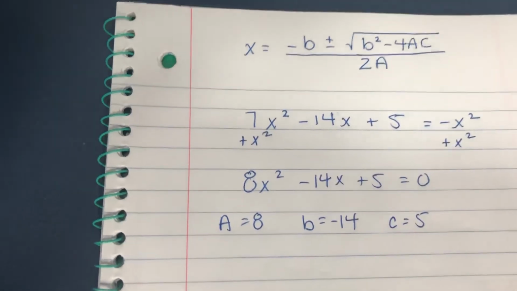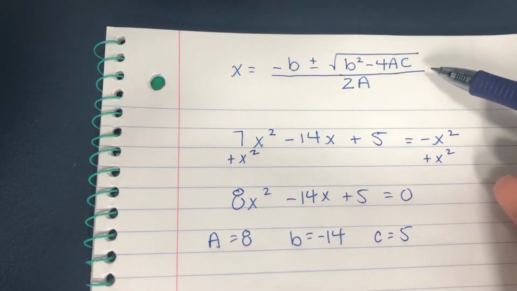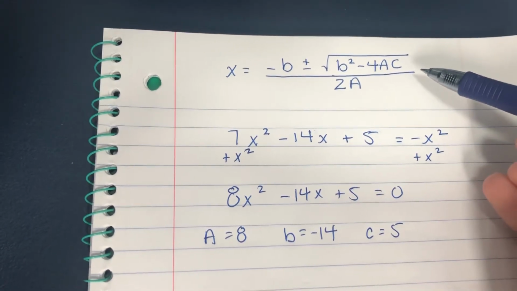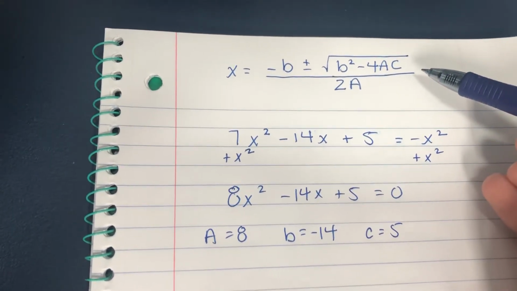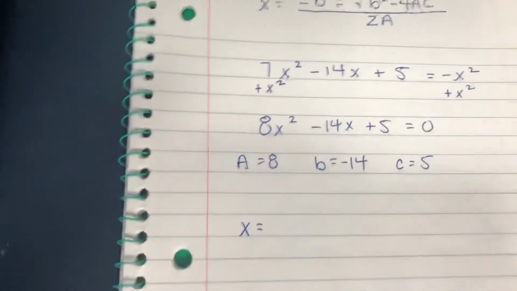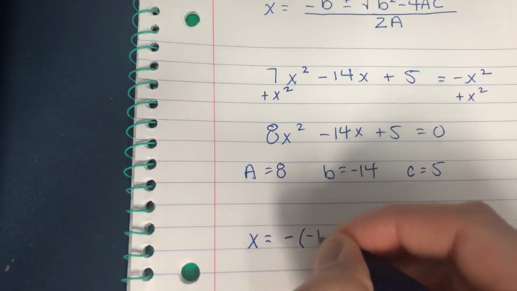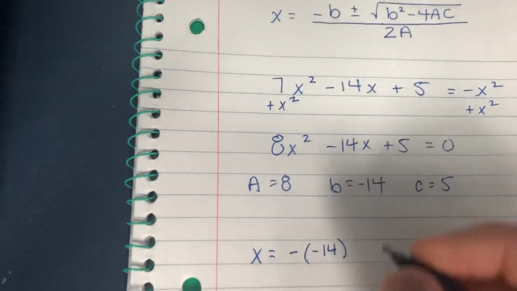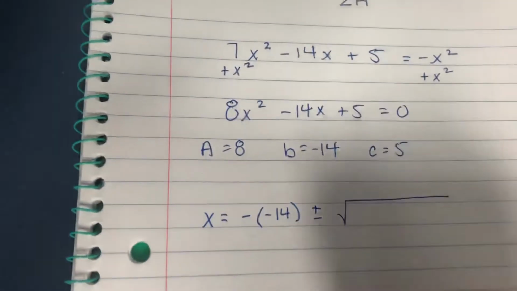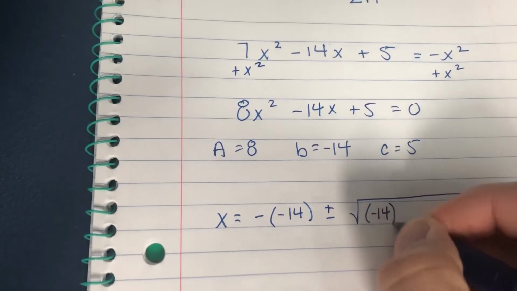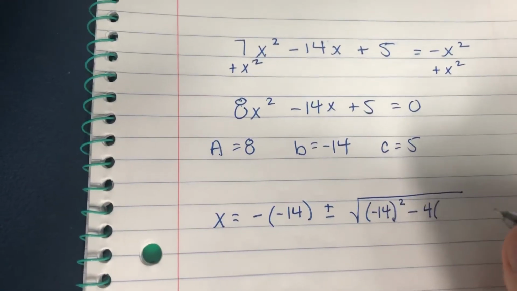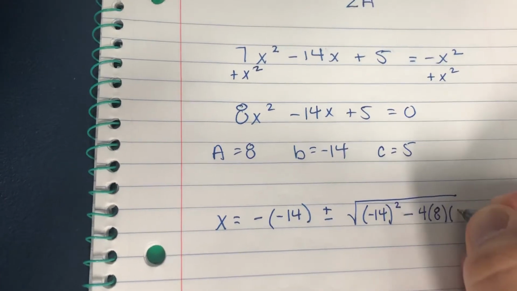5. We're going to go up to this formula up here, and wherever there's a b, we're going to replace that with a negative 14. Wherever there's an a, we're going to replace that with an 8. And wherever there's a c, we're going to replace that with a 5. So our new quadratic formula will look like x equals negative the b value plus or minus, I'll explain that in a second, the square root of the b value squared minus 4 times the a value times the c value,